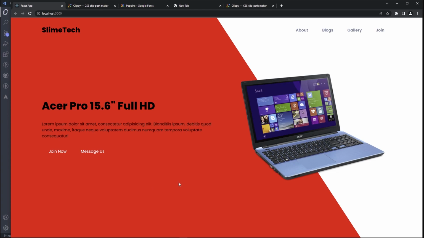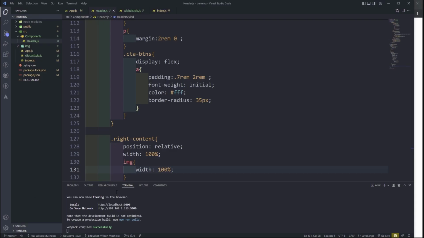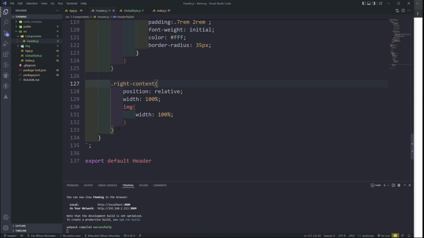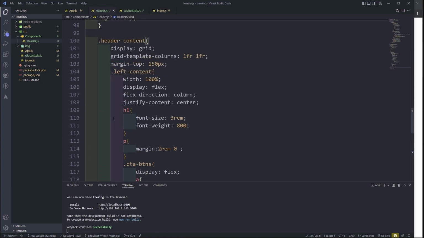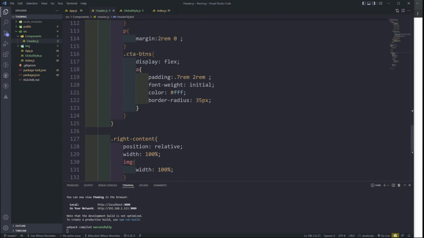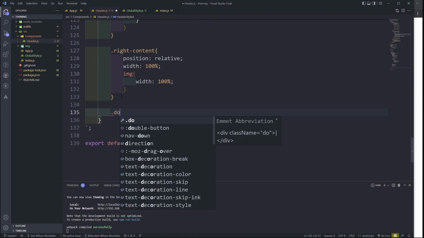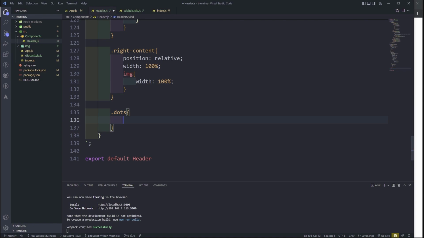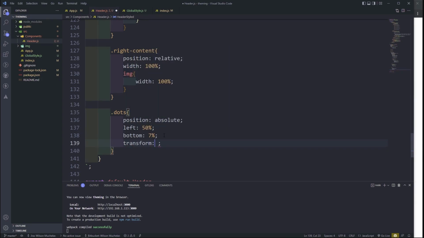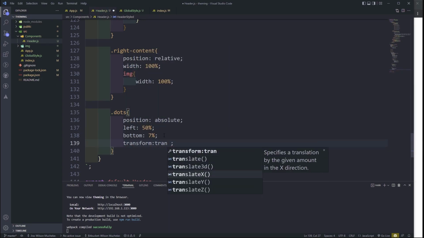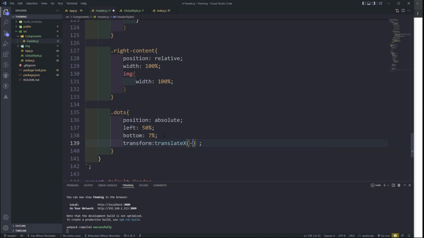Okay, so we're going to do left 50%, and then we're going to center them with minus 50%. So right content, after I believe header content, right content, dots like so. For the dots, I'm going to give them position of absolute, left 50% and bottom of 7%. Okay, so I want to leave the 7% of space from the bottom, and then I'm going to say transform. I'm going to translate the x-axis. So for the x, I'm going to do minus 50%,